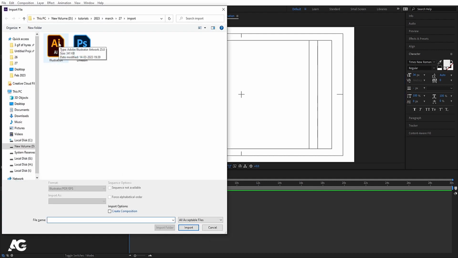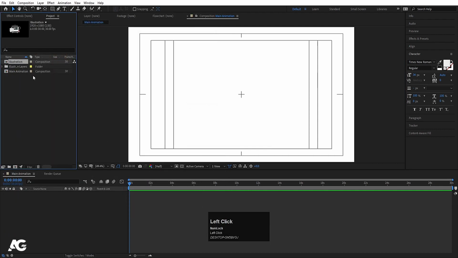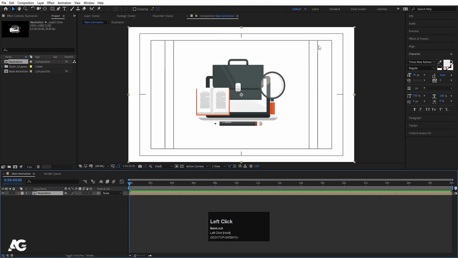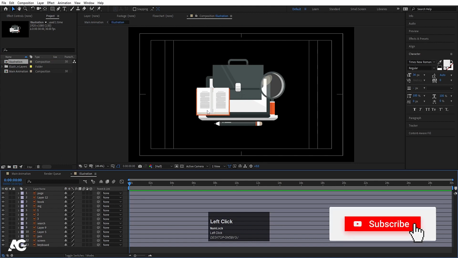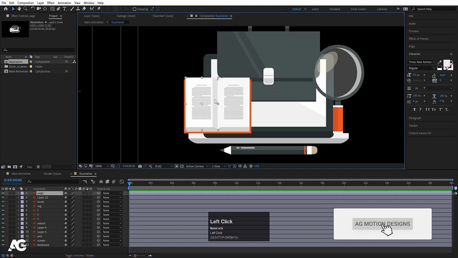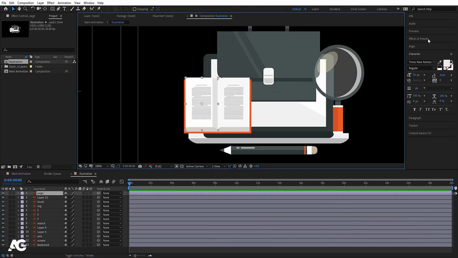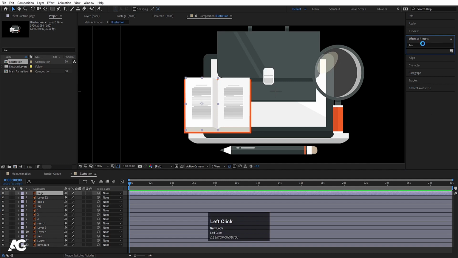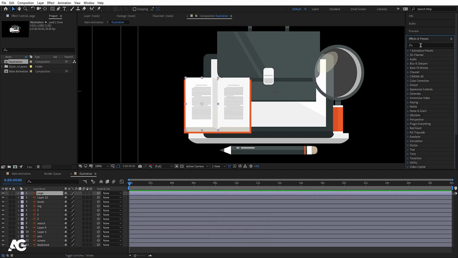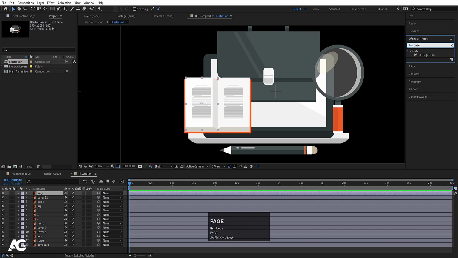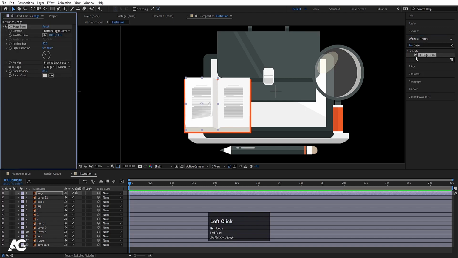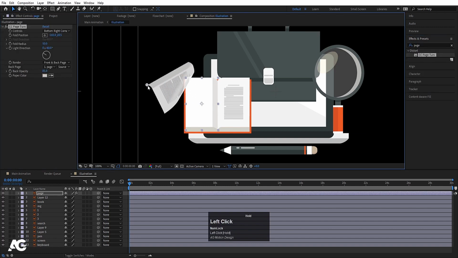First thing first, we need to animate this Illustrator file, so I'll select this Illustrator file, footage, composition, retain layer sizes, and simply hit import, and we will bring this over here. Now we have to animate those things, so let's go over here. Now let's select this page like this, and we'll go to the effects and presets panel, and we have to select CC Page Turn and double click to apply,